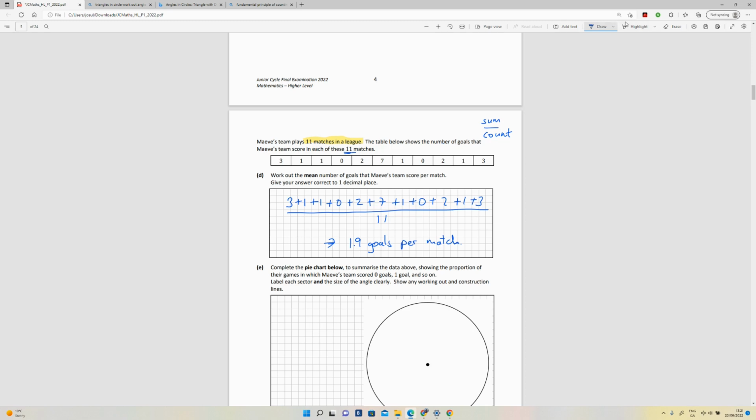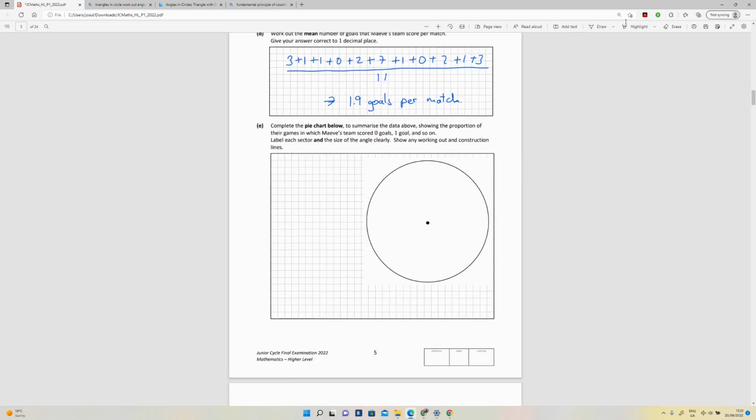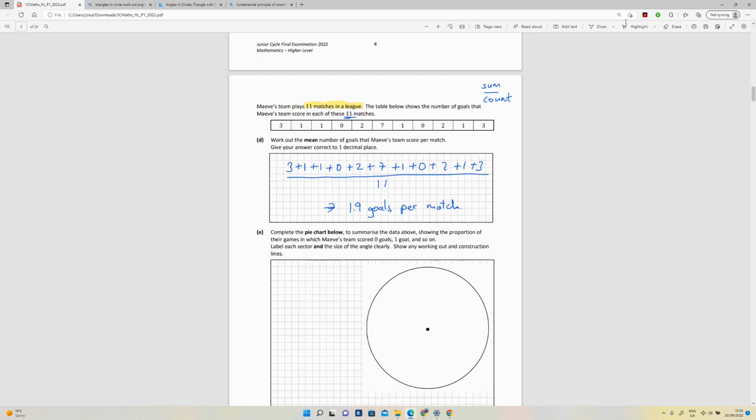Okay, that's that one. Next one then is complete the pie chart below to summarize the data above, showing the proportion of their games in which Maeve's team scored 0 goals, 1 goal, and so on. Right, so they haven't done it up here, but essentially if you take each of these numbers, so how many different numbers have we got here? We've got a 0, we've got a 1,